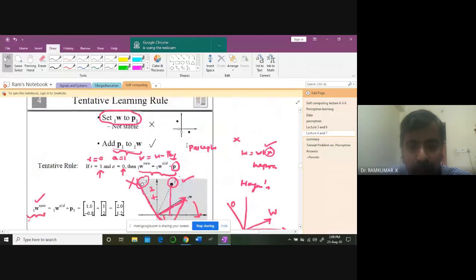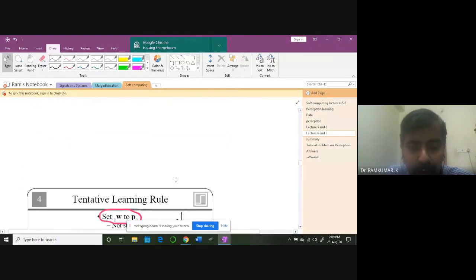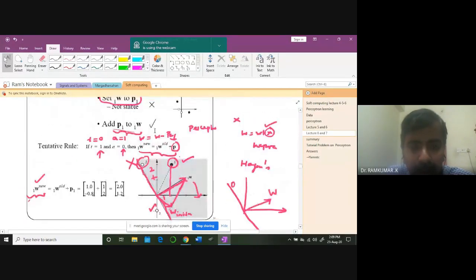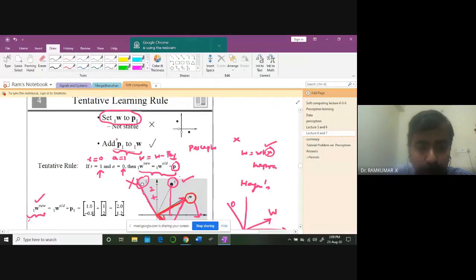Then in the next stage, we updated the weight here. We got 0, which is an incorrect classification for the first pattern. So we need to update the weight by adding P1 to it: W old plus P. Now you get a new weight. This is the initial weight, and you ended up with a new weight. The vector is rotating. This vector is from here to here. It's just been pushed there because of the addition of the P1 term.